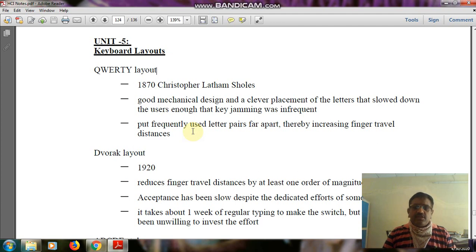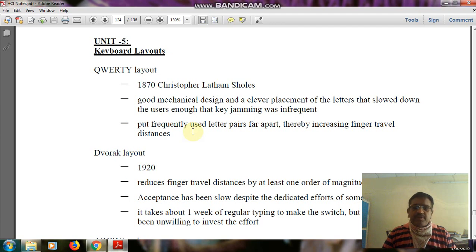That is called a QWERTY layout. Generally this layout is used for any keyboard representation. Most of the keyboards use this layout only.